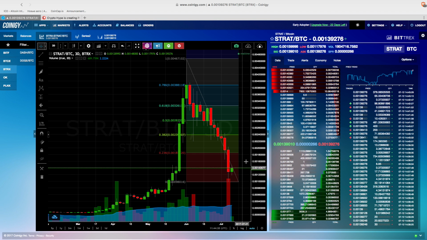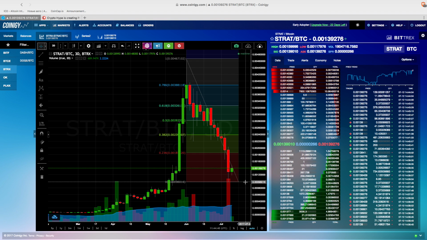So why wait for it to reach the 38.2 Fib when you can actually get it around this area? However, I'm really encouraging you guys to put Stratis on your watch list, because in case it drops below 97,000 Satoshi, you're going to have the privilege of getting it below 97,000 Satoshi. But right now everything is coming back up. The prices are going right back up, because we hit that consolidating area, and everything is going right back up. So I'm afraid you might not have this opportunity.